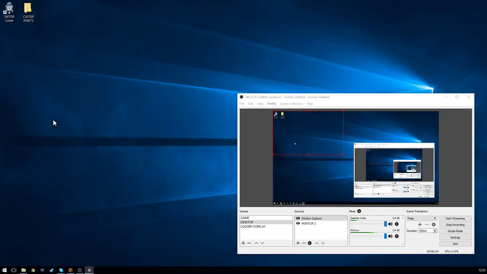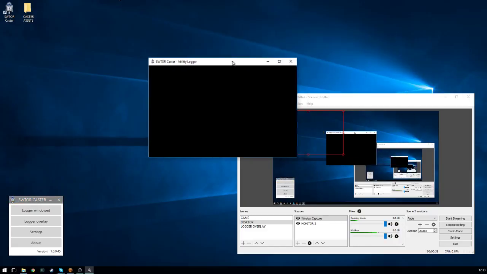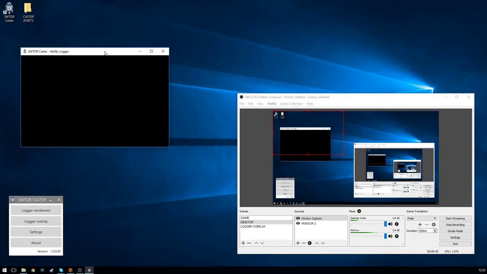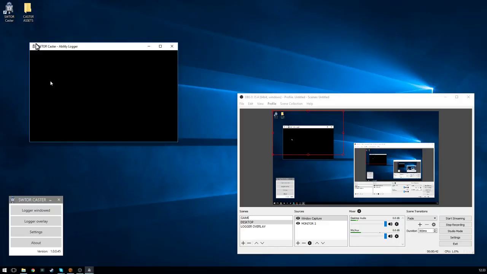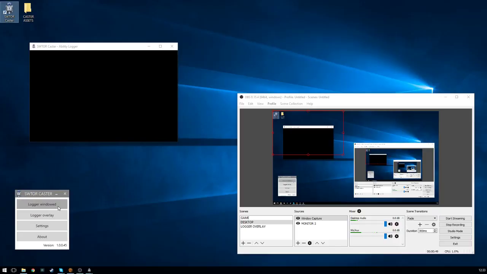And we'll notice that there are two windows that open by default with SWTOR. That's the ability logger window here. This is the one which will display all the abilities that you use inside the game, and the main window down here. So there's actually a third window, and I can cover that